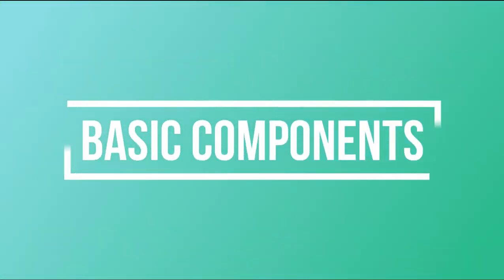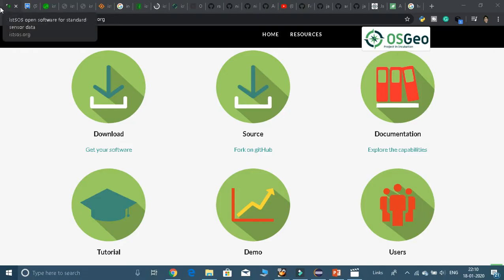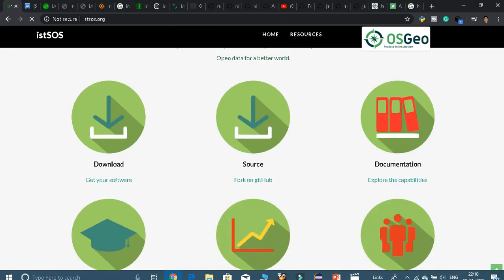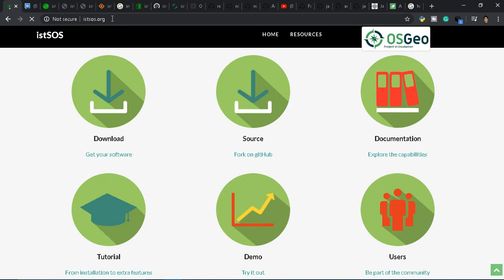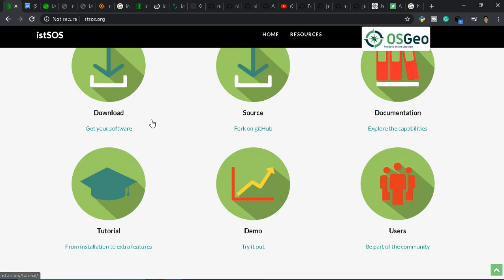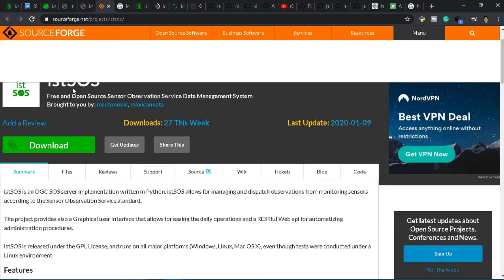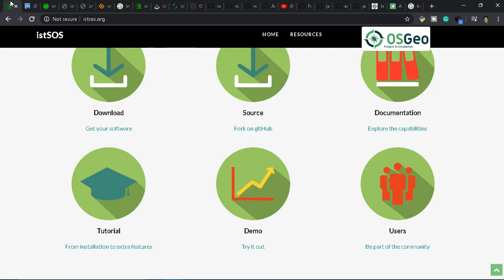So here I am just showing you some of the usages and how to open the website and do some things. Just navigate to istsos.org. There, if you scroll down, you will see these icons. If you want to download the software, which is istSOS, just click on get software, and this will redirect you to the following link, and just download the software. If you want to go to its GitHub, then just click on fork on GitHub. It will open a GitHub link for you,